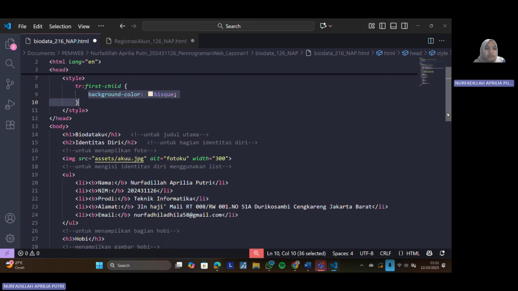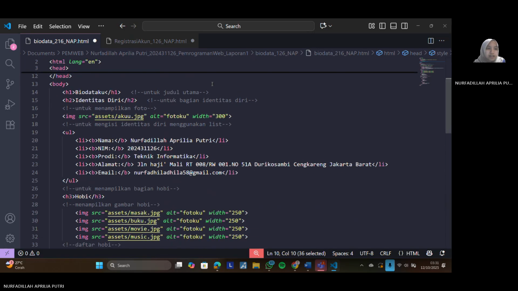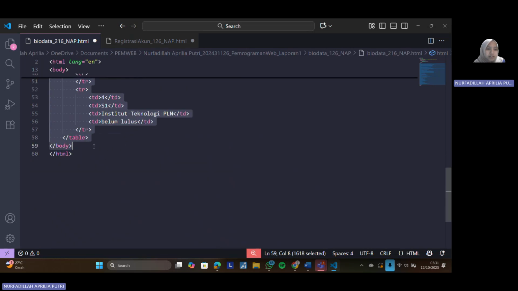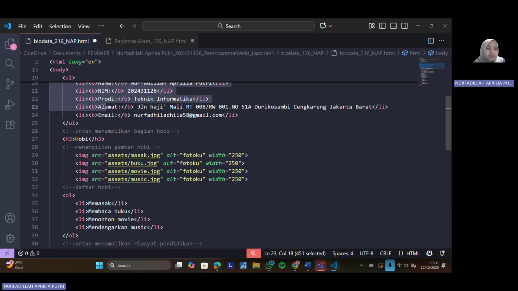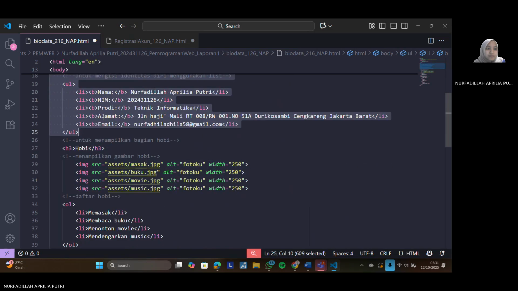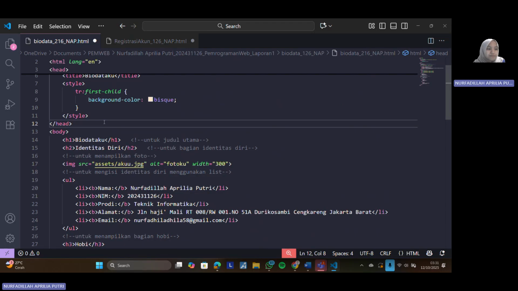Okay, now in the body, this is the body section. In the body section, we put the visible content.